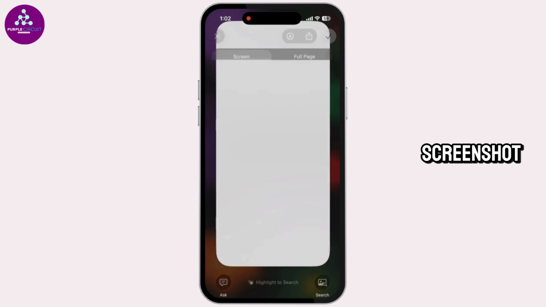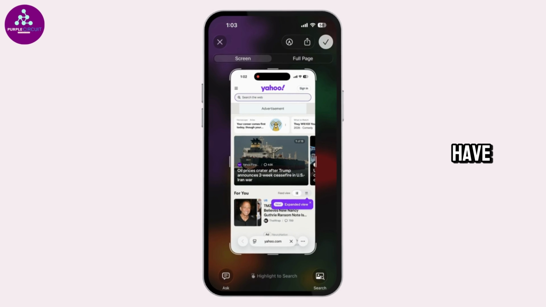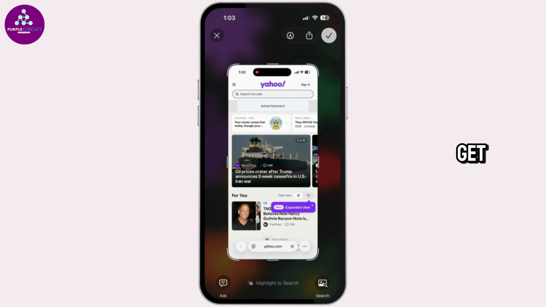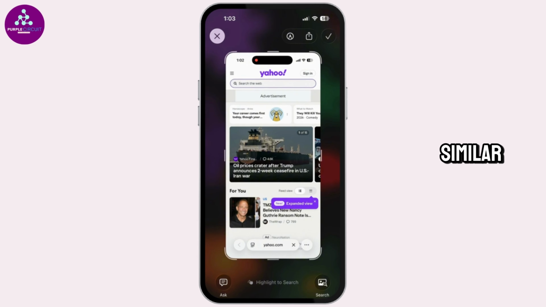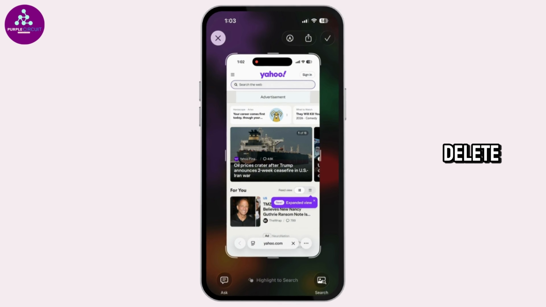Once you take the screenshot, you can immediately edit it or add drawings and text using Markup. If you have Apple Intelligence enabled on your supported device, you can also tap X to get information about what's on the screen. You can touch and hold text to use highlight to search, or tap search to find similar items on the web. If you decide you don't want the screenshot, tap close to delete it at the top